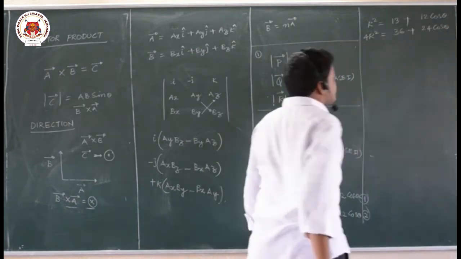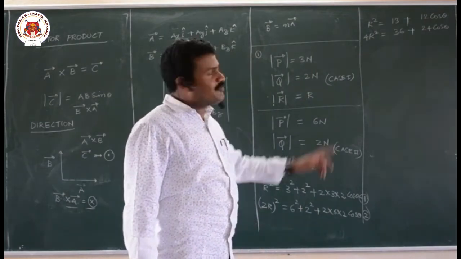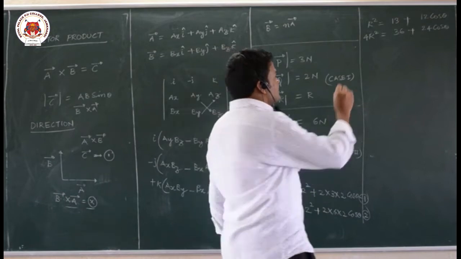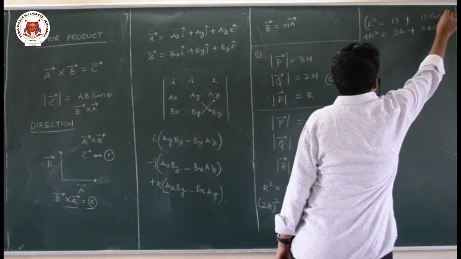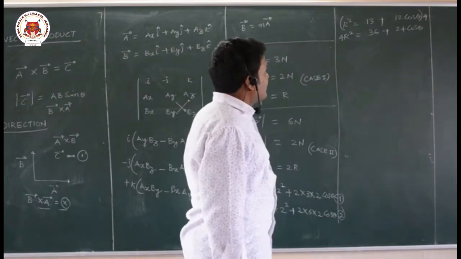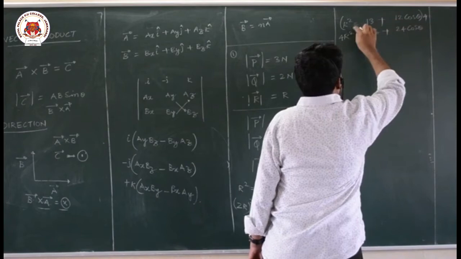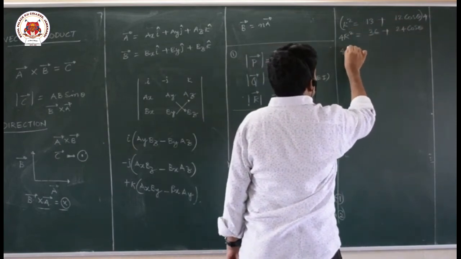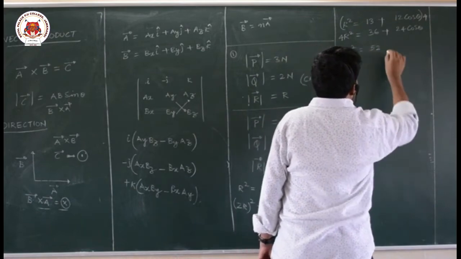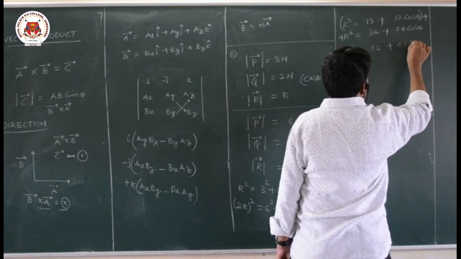Now here two unknowns are there, r also we don't know, cos theta also we don't know. So for that reason one we have to get cancel. So what I can do, the first equation I can multiply with 4. Then if I subtract, then you will get the answer. First equation, see here, this equation I am multiplying with 4. What you will get, 4r square is equal to 52 plus 12, 4s are 48 cos theta.